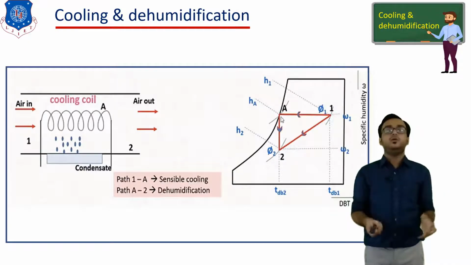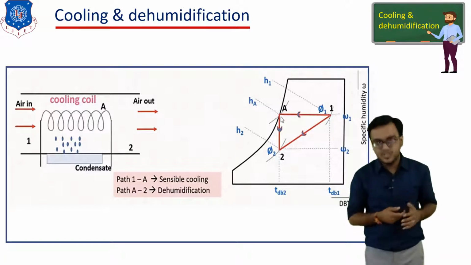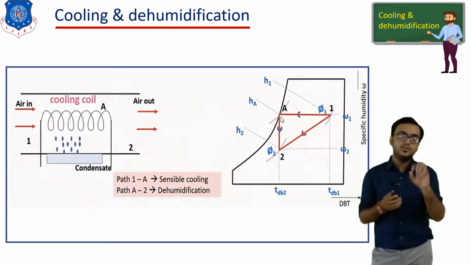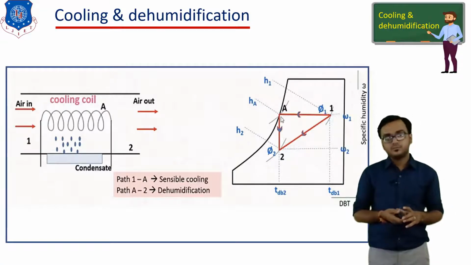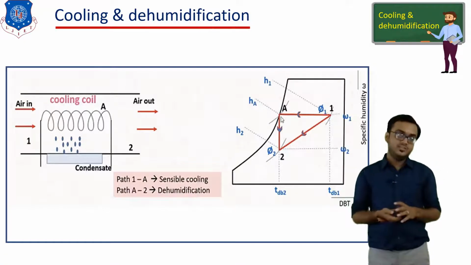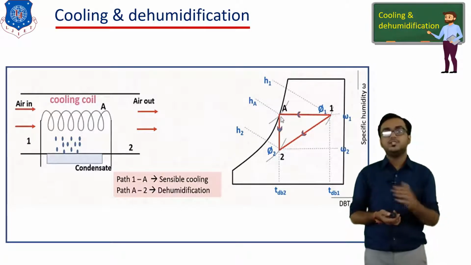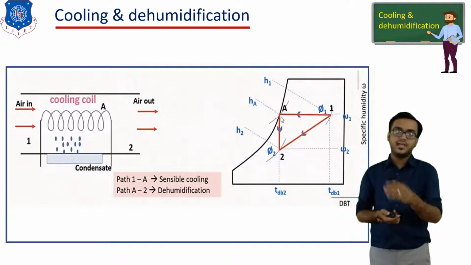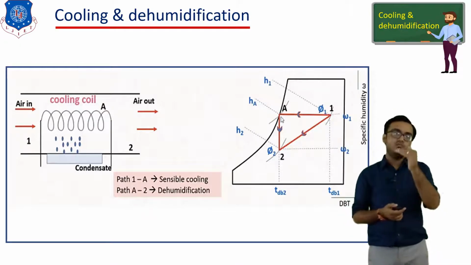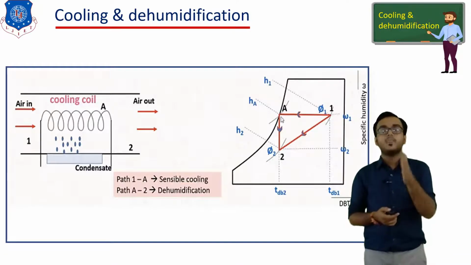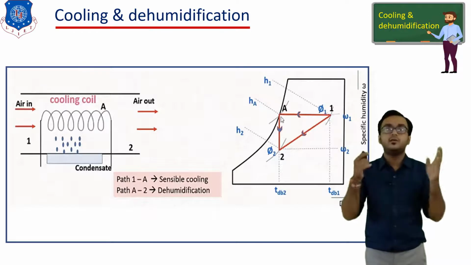So at point number 2 we have low temperature air with a reduced moisture level. Okay, so this is all about the cooling and dehumidification process. If you want to note it, we have studied the sensible cooling process, so just plot the sensible cooling line first. Here in the psychrometric chart, the sensible cooling line is 1 to A, which shows the specific humidity remains constant while the dry bulb temperature is reduced from TDB1 to TDB2.